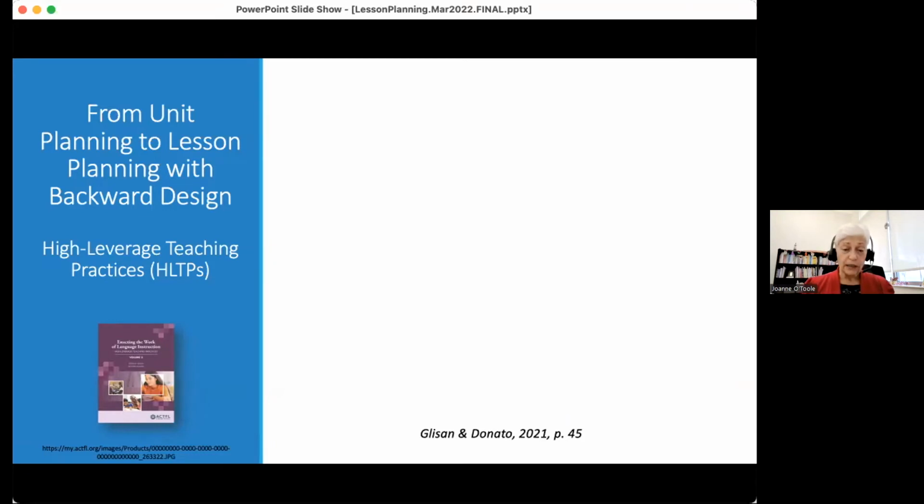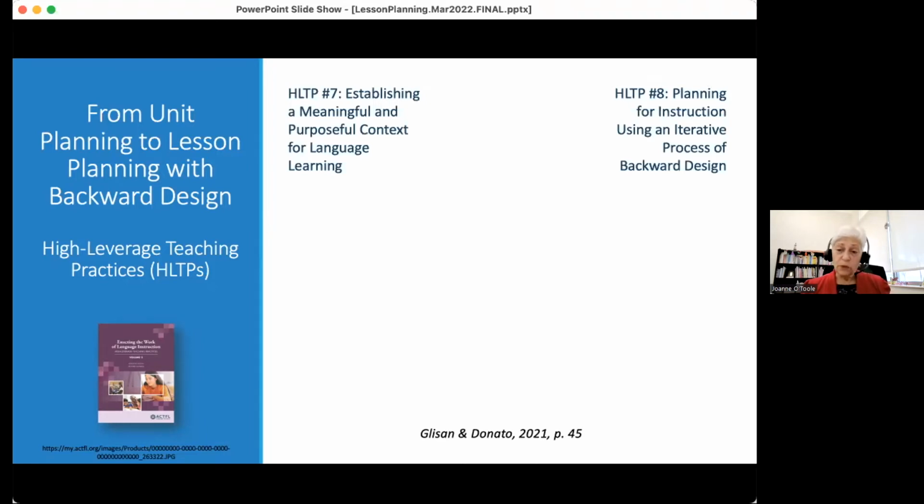leverage teaching practices or research-based practices that were published in the Glisan and Donato High Leverage Teaching Practice book in 2021. High leverage teaching practice number 7 is establishing a meaningful and purposeful context for language learning, and that is done at the unit level. High leverage teaching practice number 8, planning for instruction using an